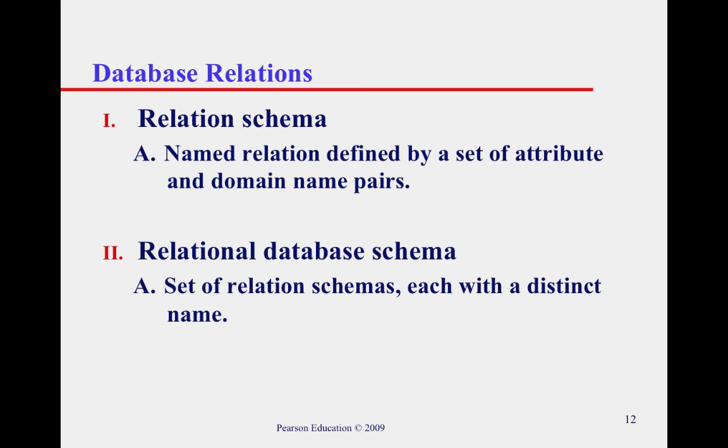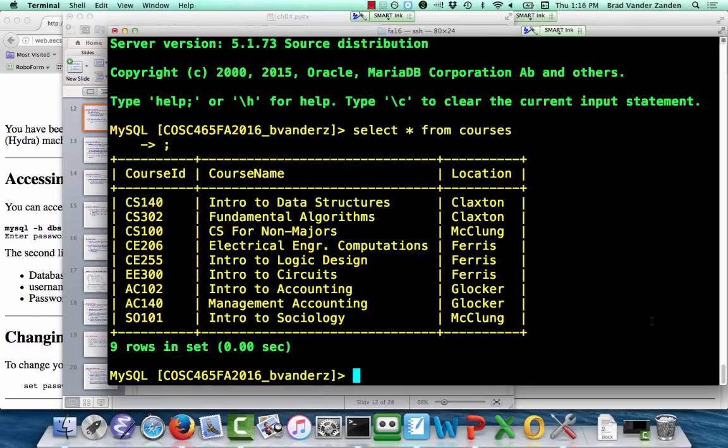So then we say that a relation schema is the name relation defined by a set of attribute and domain name pairs. So when I went and showed you